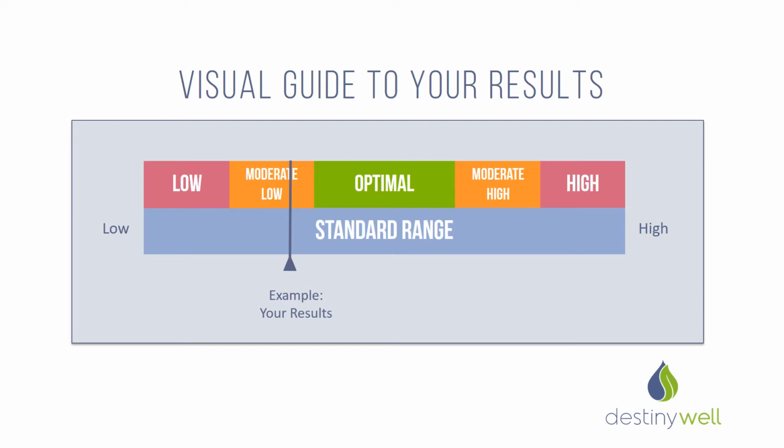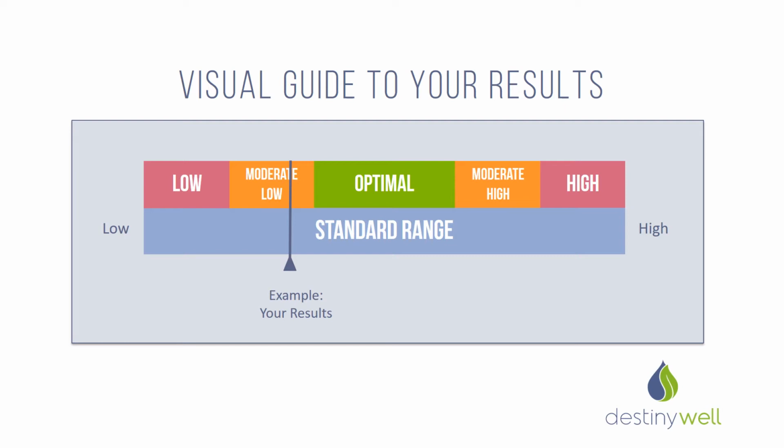But at DestinyWell, we think that there can be a lot more nuance. We believe that there's often an optimal range, based on what we have found going forward, that helps people to live the healthiest lives, to be the healthiest, and to avoid disease. We triangulate this with the medical literature, with other people's standards, with our clinical practice experience, and all the different data points we can get, so we can come up with what we believe is optimal for a particular test